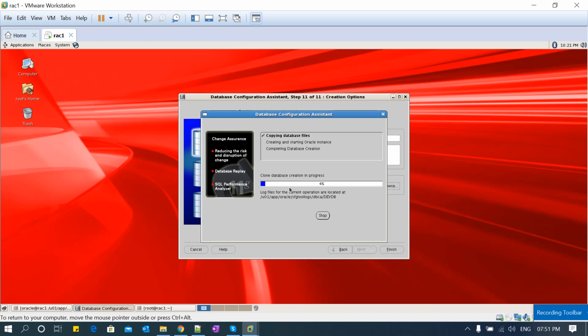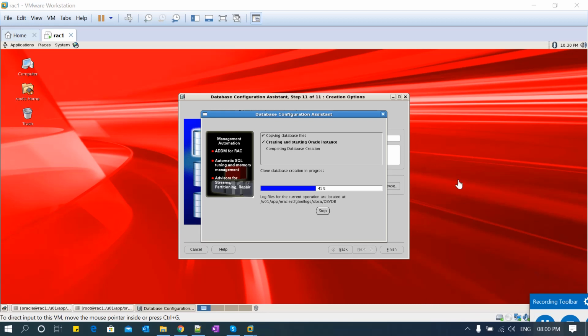I have not covered this in this session. So what I'll do is come up with all those prerequisite steps, and then I will cover them in a new session. Until then, try to manage by solving issues whenever you hit them. Pretty soon I will come up with a new topic on the prerequisites and postrequisites for the Oracle Home and then the database installation. Right now installation is going on, so it will take a couple of minutes. We'll come back after a few minutes and see how the progress is.